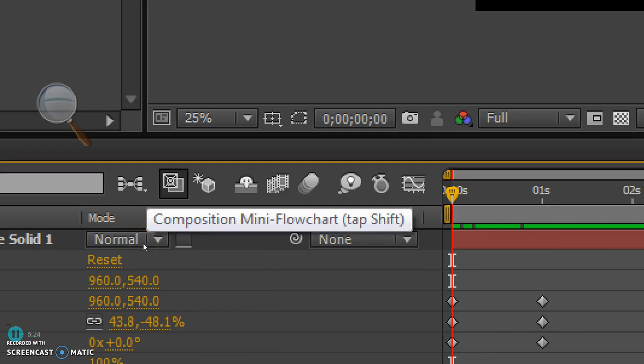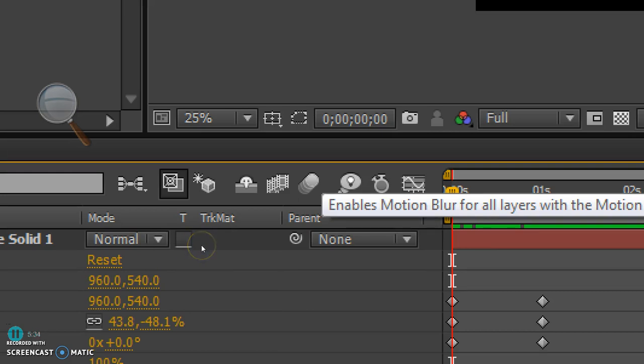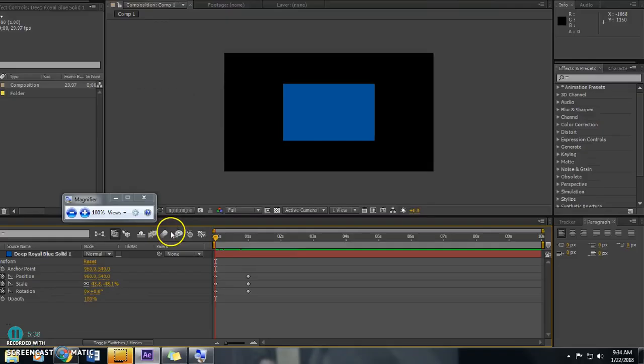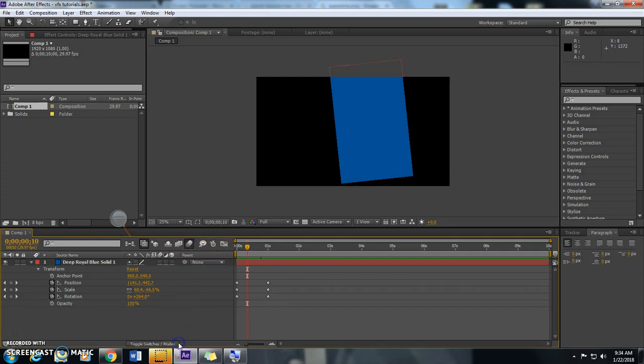Once you get more and more complicated, you're going to want to be able to look at your timeline in different ways so that you can be more effective. For now, we're going to enable motion blur for this. And if I go here, you notice that the edge is really sharp. Now if I turn on motion blur for this, so this turns on motion blur for everything, I go to toggle switches and modes. I'm going to turn on motion blur for this layer, and you'll see that it now has some blurring on the edges. Like if you shot this with a camera, there'd be some blurring,